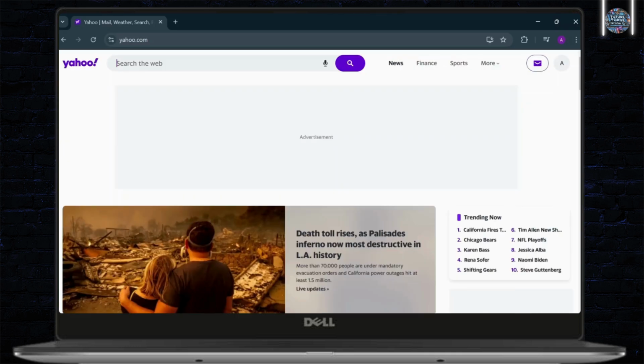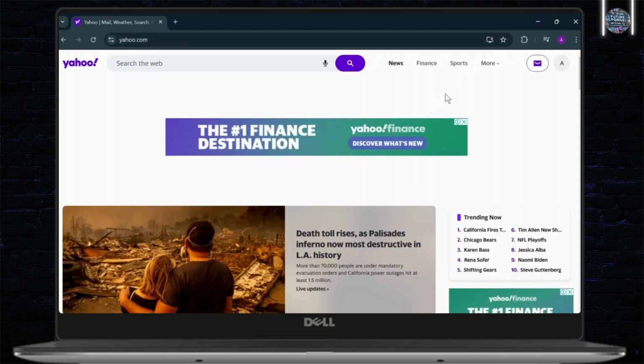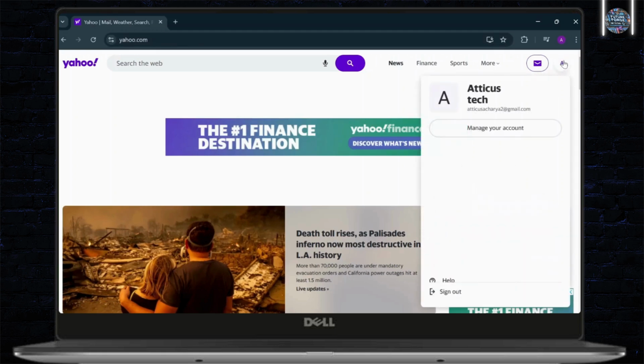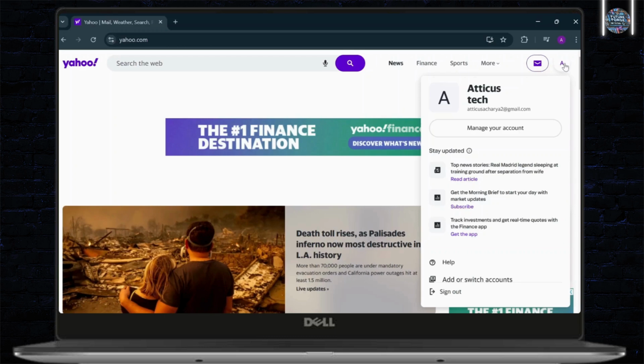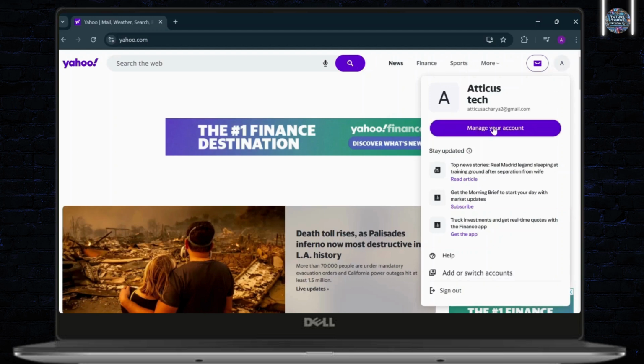After you're on Yahoo, make sure that you're logged into your account. Now, if you do not know if you're logged in or not, on the top right corner, just hover over to the profile icon and there you should be able to see your username and email. After you're signed in, again head over to the top left side and then hover and you should find a